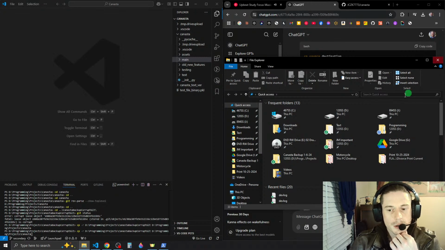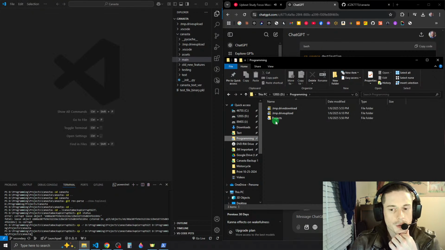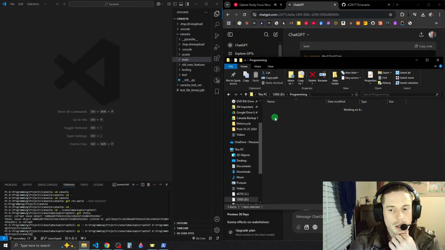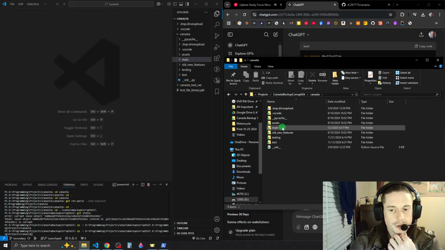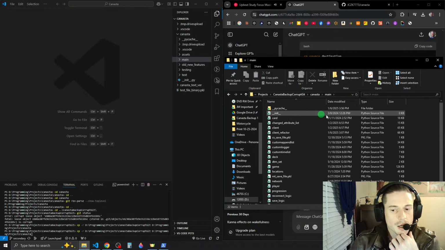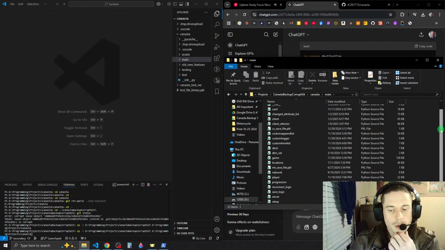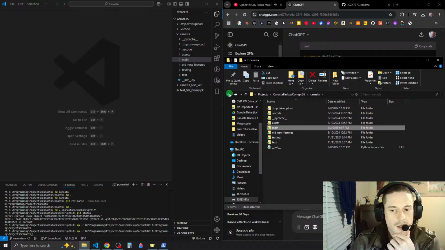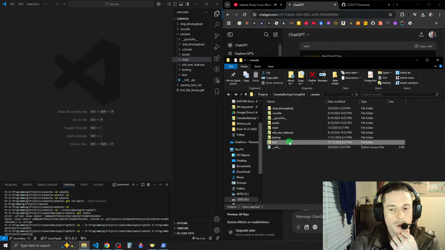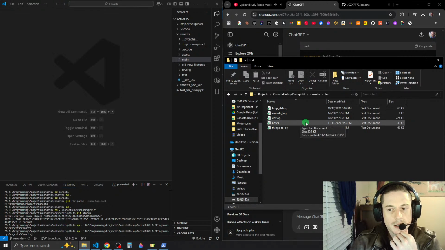Well, no, not necessarily. What we really want to do is enter into little c canasta and then go into main, right? So we want to do main and text, right?